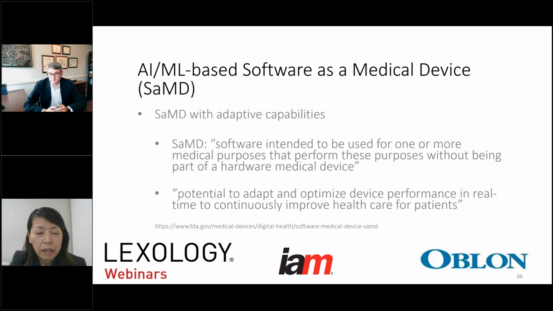And the second thing I presented here is the language that I borrowed from the FDA website. Since we're talking about artificial intelligence and machine learning, what does it do to the software? It gives the software the capabilities to be more adaptive. It can be changed as the system learns, and it could optimize the performance as a medical device, and it could provide potentially more personalized care and support for the patient.